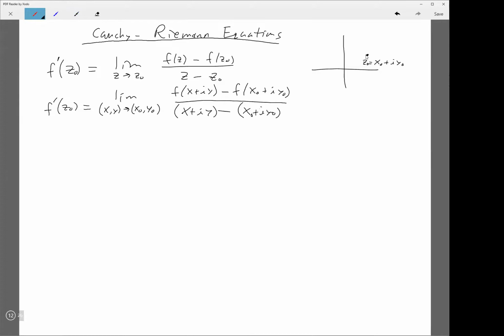Okay, so what we're going to do is first do what we did before. We're going to come in along this path right here. The first one is going to be along, we're going to go ahead and set x equal to x naught and see what happens. So the derivative should still be the same thing, but it's going to be the limit as y goes to y naught, because x has already gone to x naught according to this. And so the numerator is going to be